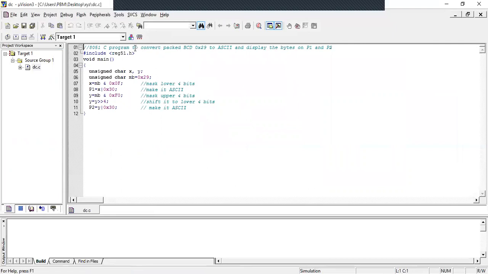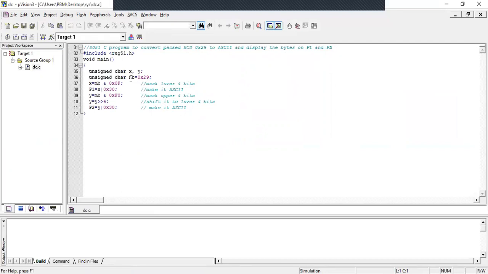Here it says the program to convert packed BCD, that is 29 value, into ASCII value and display the bytes on P1 and P2. So packed BCD 29, if you convert it to ASCII, you will get two values, 32 and 39. So how it has to be performed? Here we are using the bit logic operations. Bitwise AND and bitwise OR are used. So let us see the program.